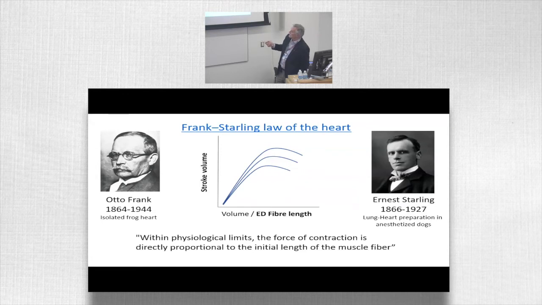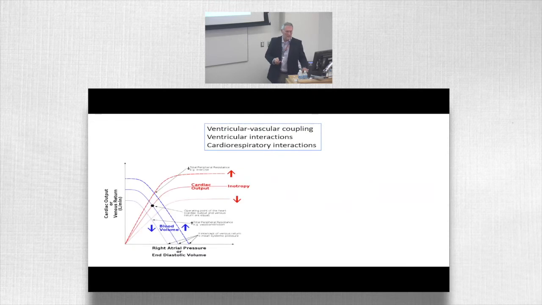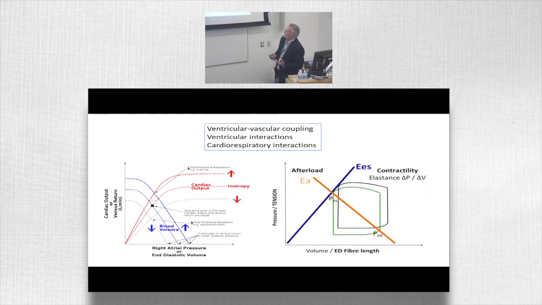And so within physiologic limits, the force of contraction is directly proportional to the initial length of the muscle fiber. So it's about muscle fiber length, how much that is stretched. And over time, it's really that physiology has evolved to understand the ventricular vascular couplings, interactions, and cardiorespiratory interactions. And this is really an extension of the work by Starling and Frank, where they're looking at the effect of preload and volume on cardiac output. And this is more so in the last 50 years where the effect of afterload and arterial elastance has played an impact. I'm not going to go through each of these other than to say that this whole understanding has continued to evolve